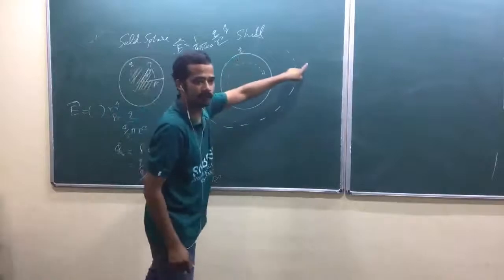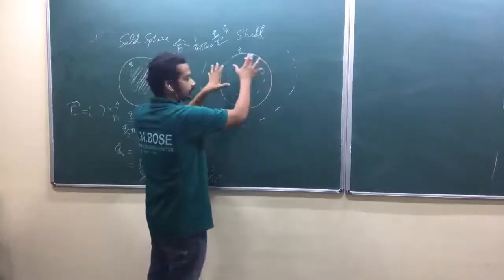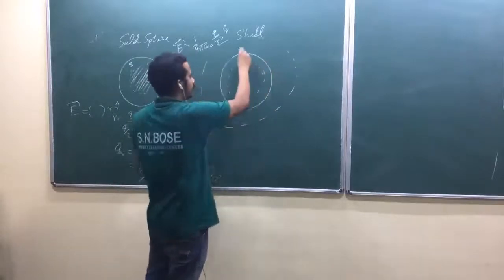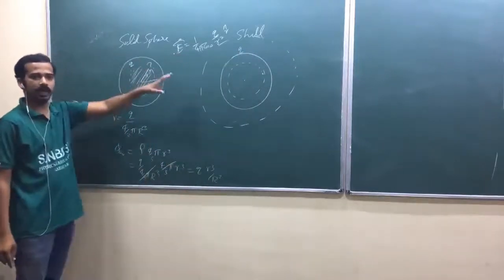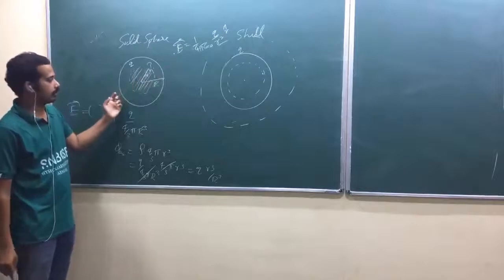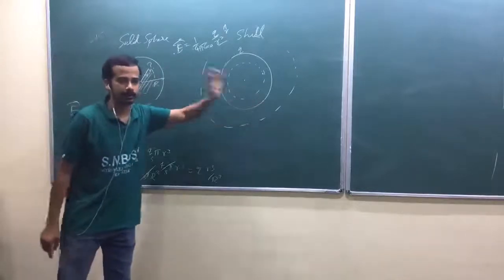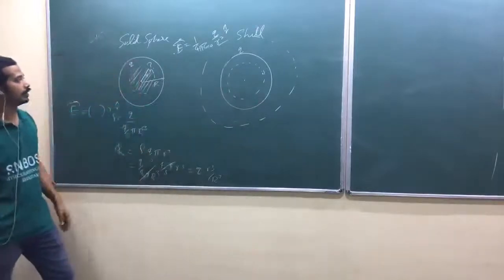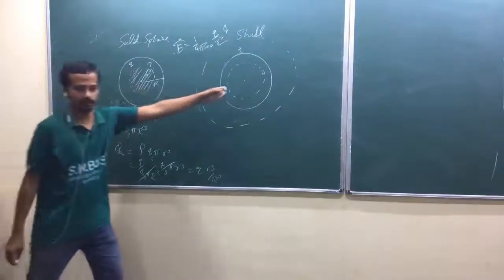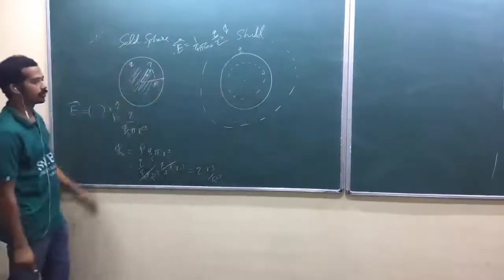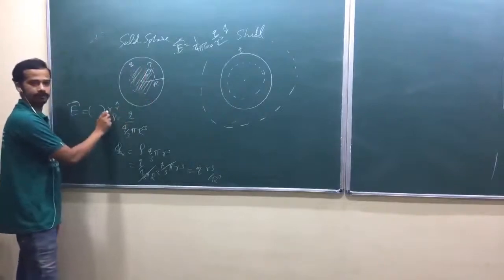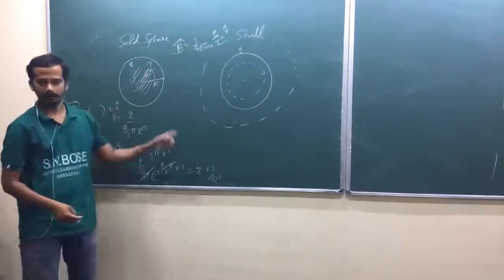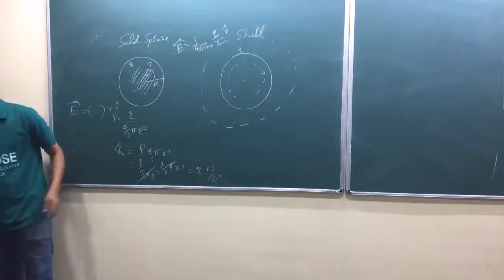So for outside points, the electric field will be the same as if all charges were concentrated at the center. So the same thing happens. Outside, the electric field is the same for both the solid sphere and the shell. But inside, here it is 0, and here it is non-zero, and it will be proportional to r actually. Find that one. Let me interpret later. Later, let me take that problem.